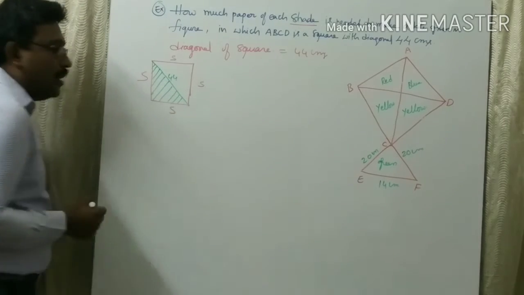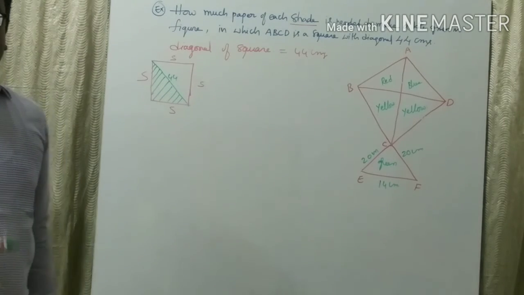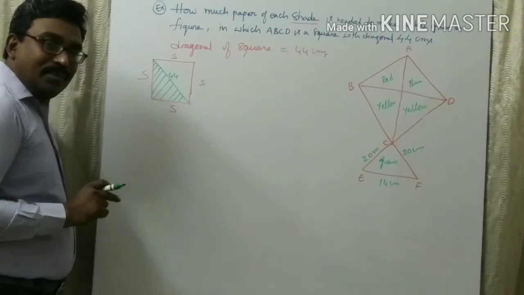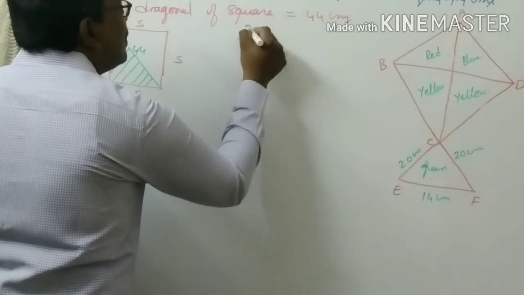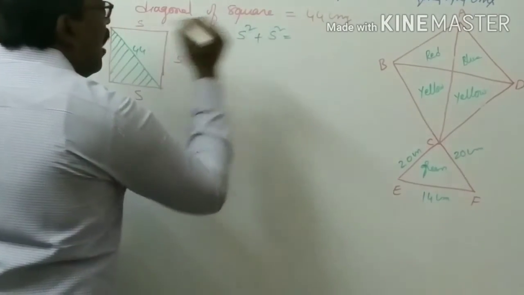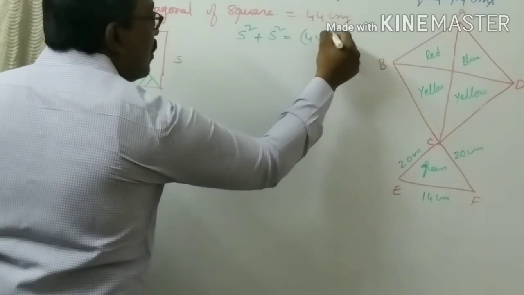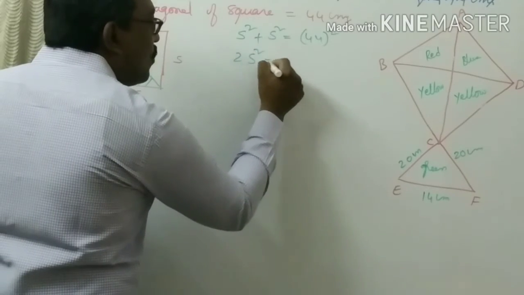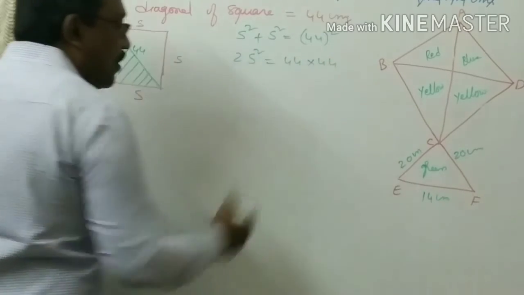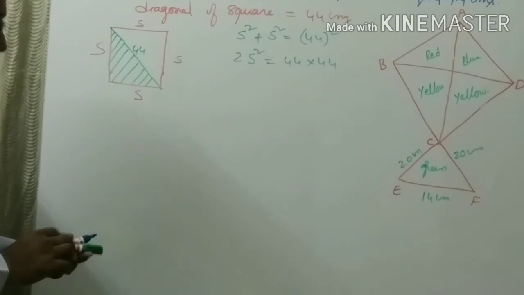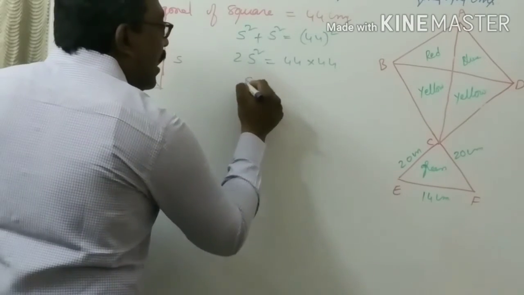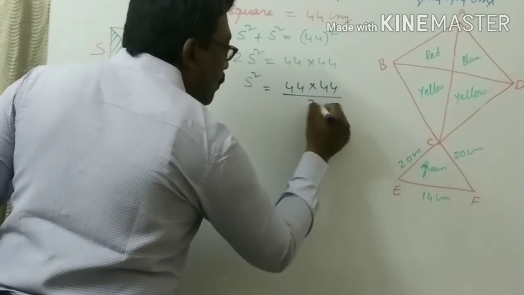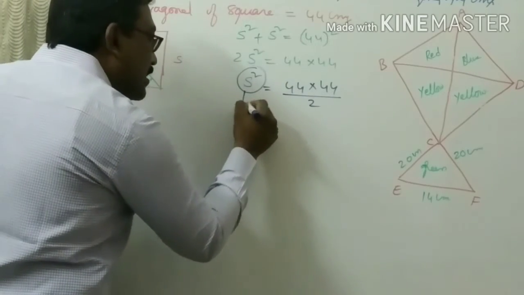Now, I shaded one part. What is that? Yes, a right angle triangle. Shall we use Pythagoras theorem? Right? Side square plus side square is equal to hypotenuse square. Side square plus side square is equal to 2 side square, 44 into 44. Now, I am writing side square is equal to 44 into 44 by 2. Side square is nothing but